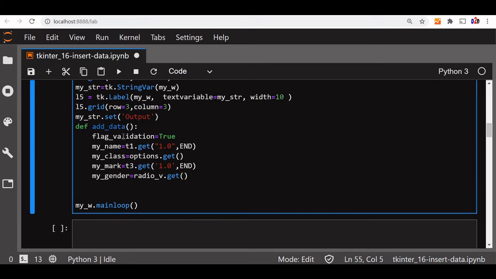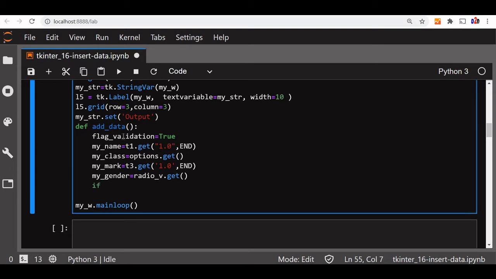Now we'll do one little validation. This validation part you can extend beyond this also. We are just saying that the length should be at least more than 2. If you are entering a name, you should enter more than 2 characters. Similarly, we'll check whether other selections or marks are entered. If you want, you can add checks for whether it is characters or alphanumeric, all those things. We'll understand that in another tutorial.